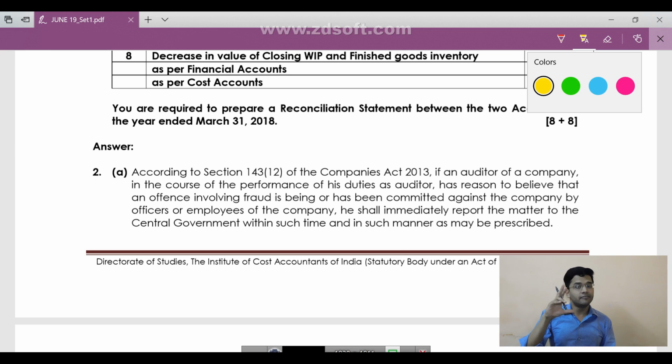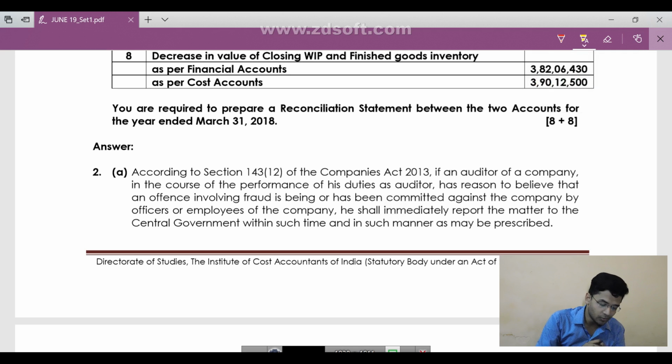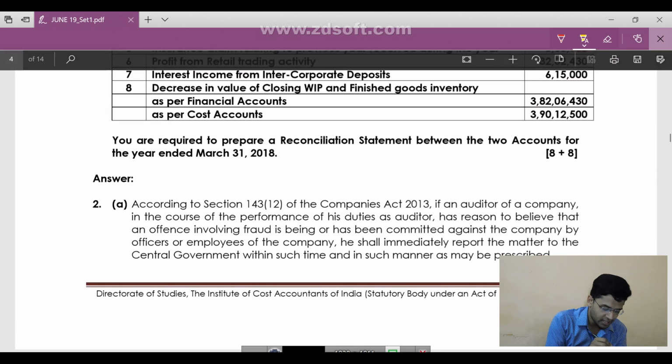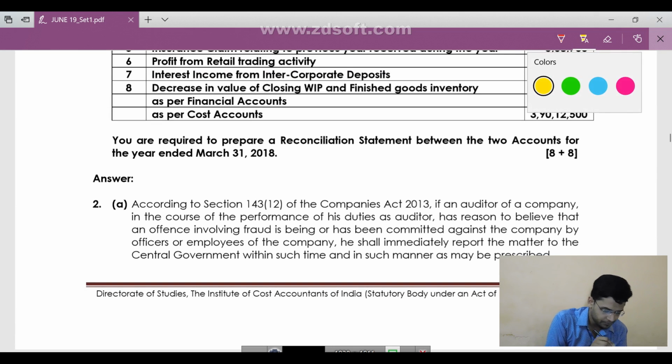First 45 days is given to the audit committee or the board of directors, and within the next 15 days, the report should be submitted to the central government. So this is the hierarchy which is to be followed while dealing with section 143(12). And 143(12) is the section which says